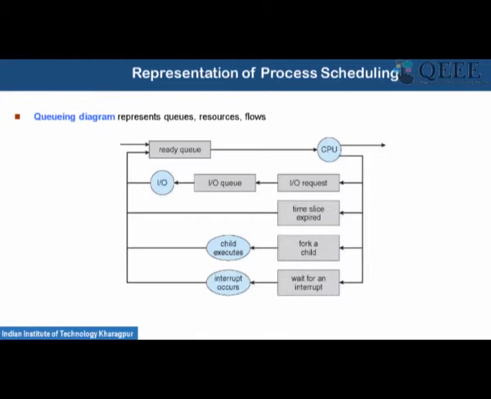We are discussing the operating systems overview, and in the last class we covered the basic concepts of operating system, the different modules in an operating system, along with the basic concept of process and threads, and the different modules which are there in our operating system. So, in the last class we discussed this queuing diagram for process scheduling.